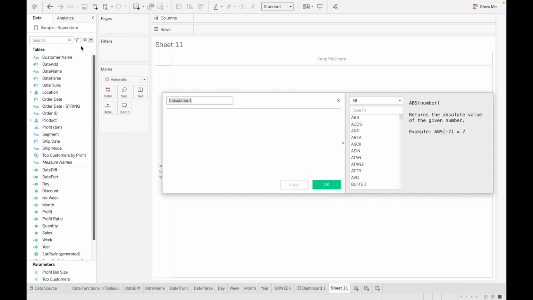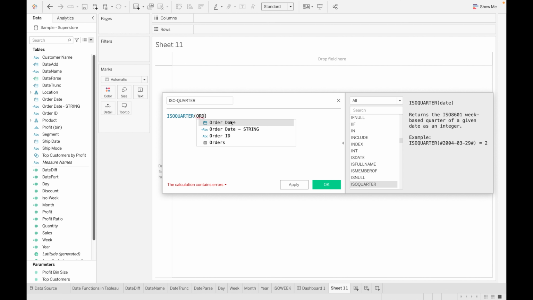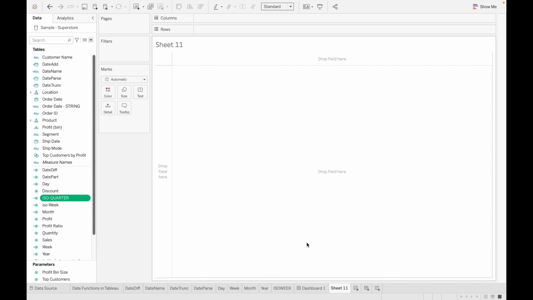ISO quarter as well. Let's go with ISO quarter, called ISO quarter and called our order date. Okay, and then just click on OK. Let's rename it ISO quarter, drag our order date,